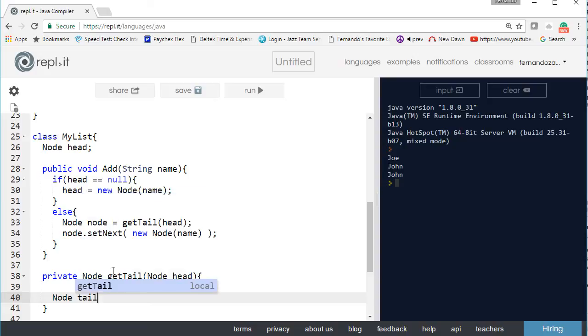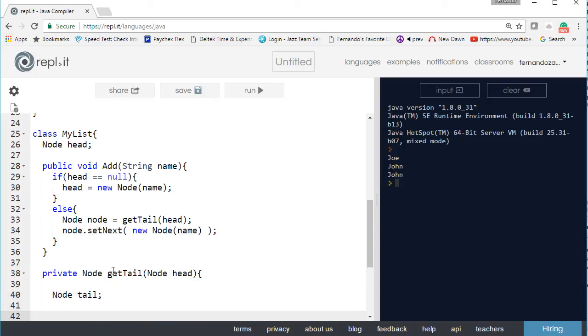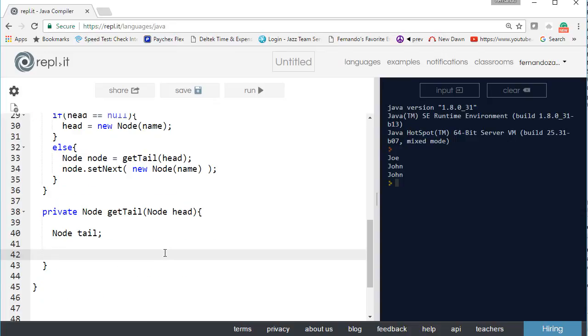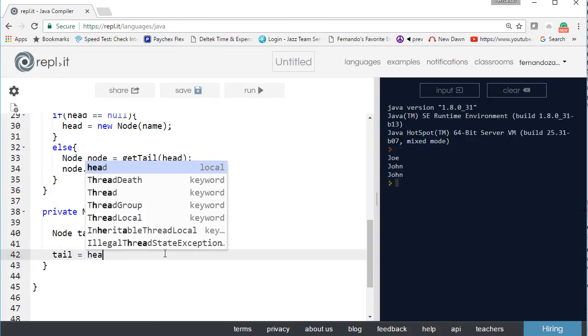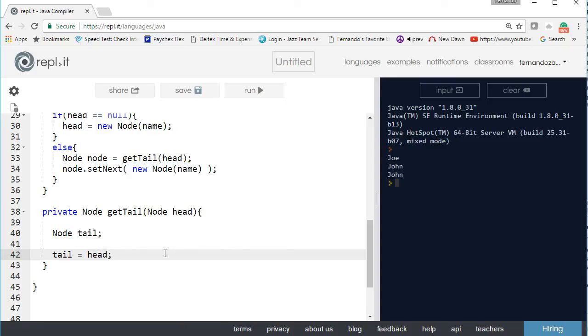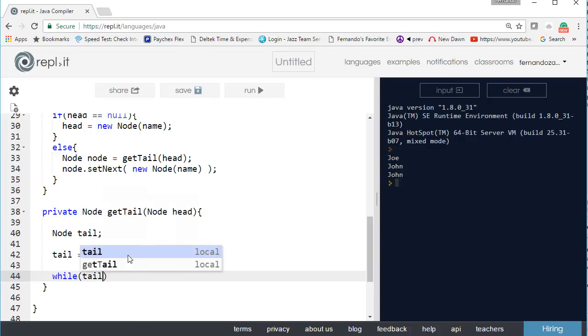We can say tail, and since we have the tail, we can say tail equals head. So from here, it's just a matter of walking the tail. So we say tail equals head, and we can say while tail,